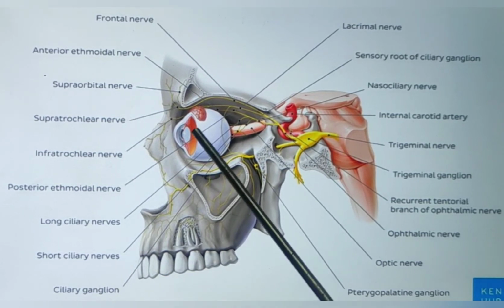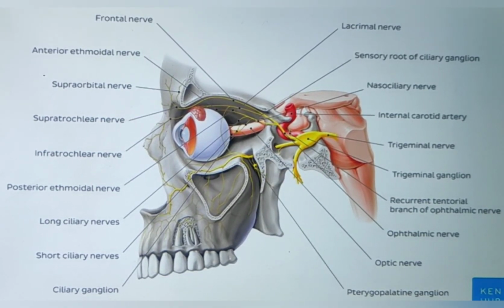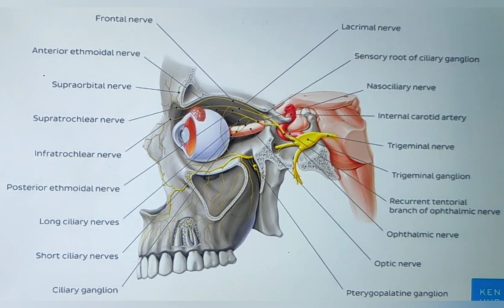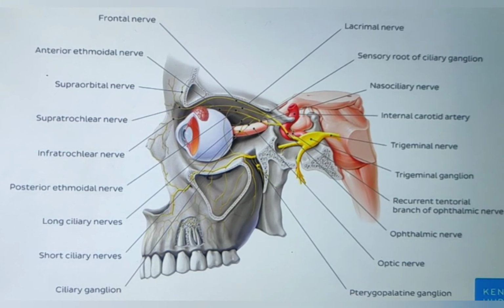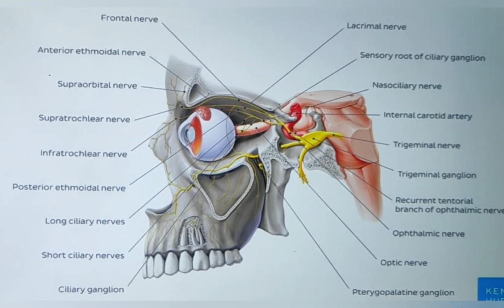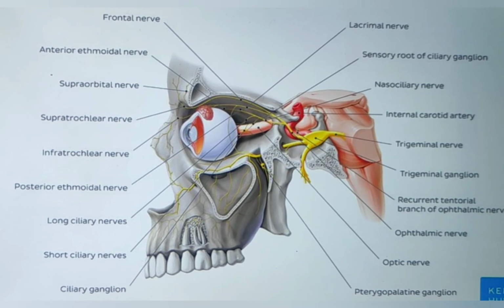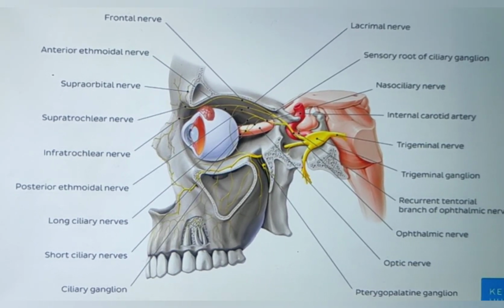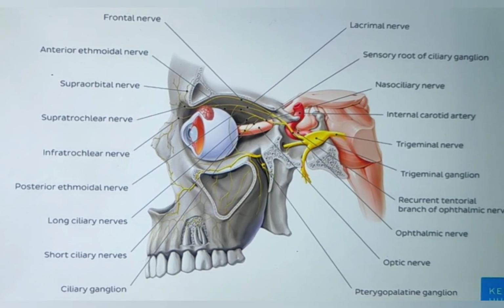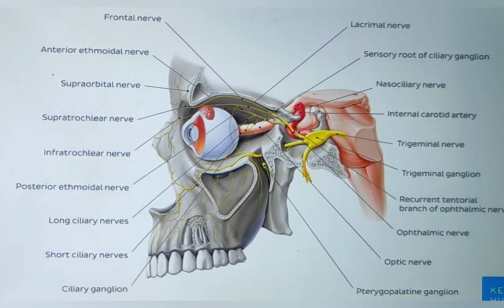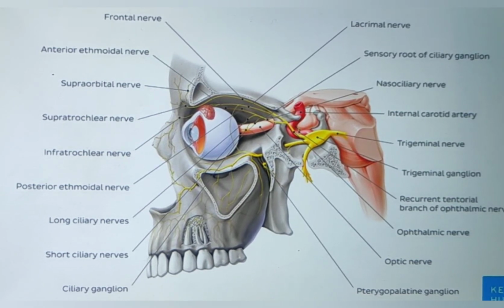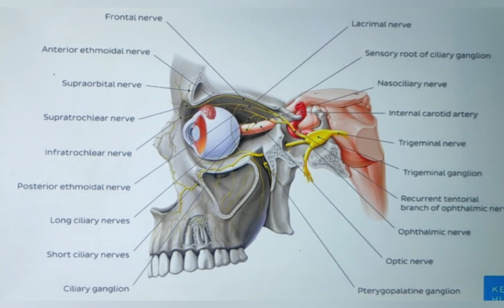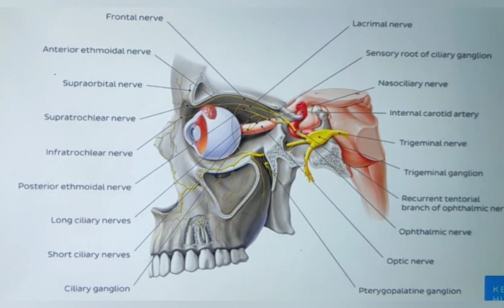And then the next branch, that is the anterior ethmoidal, it supplies the mucous membrane lining the anterior ethmoidal air cells and the frontal sinus, and it gives out another two branches, internal nasal and the external nasal. This external nasal supplies the skin over the tip and ala of the nose, and the internal nasal further divides into two branches, giving out the medial nasal and the lateral nasal. This medial nasal supplies the nasal septum, and the lateral nasal supplies the superior and middle nasal conchae.